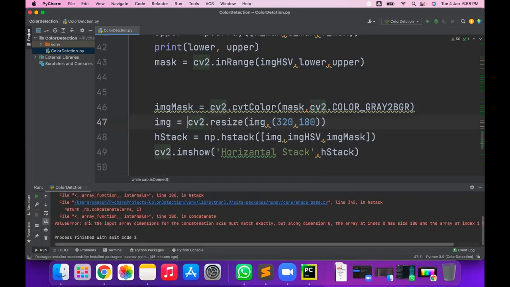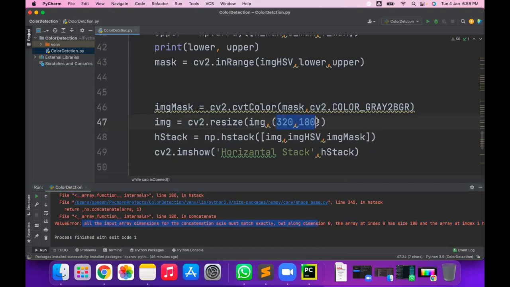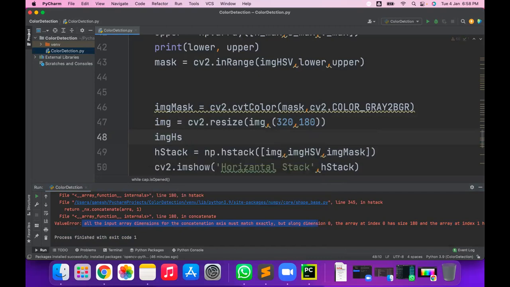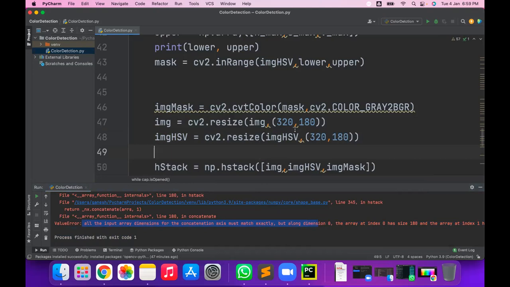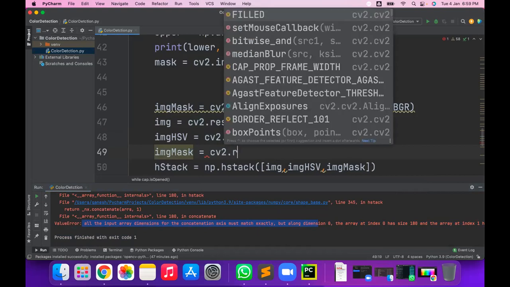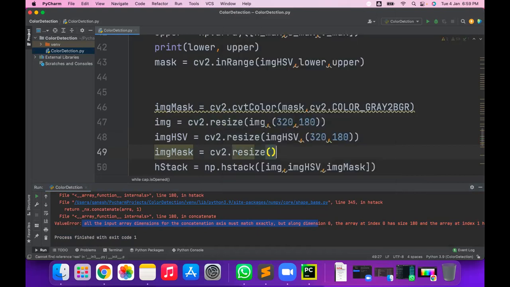Yeah, it is giving an error: all the input array dimensions must be the same. So now img is 320 by 180. Img hsv also you have to make cv2.resize img hsv, comma, again the size 320 by 180, and again img mask you have to resize with cv2.resize, img mask, comma, 320 by 180.